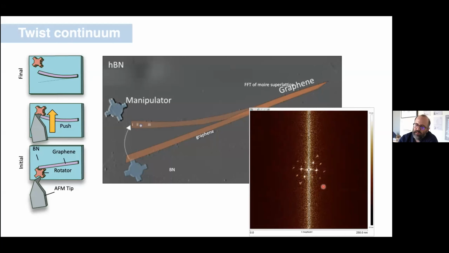So here's a movie that my student made, which is the analysis of the Moiré pattern converted. It's FFT basically. The distance of these dots from the center is a measure of the Moiré wavelength, and you can see that it just varies continuously as we move up and down the noodle. So this tells us that this bending scheme provides a continuous way to change the angle. So maybe, can we get 1.2 and not 1 degrees, or 1.1 and not 0.9 degrees? That still is a bit of a challenge, but we can definitely rotate from 5 to 0 degrees and have a continuum of all angles in between those.